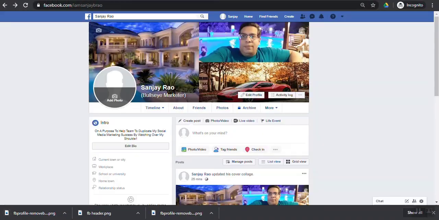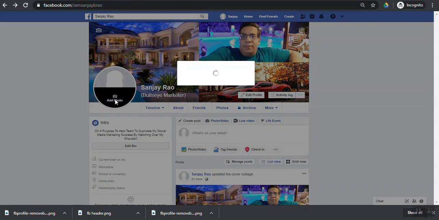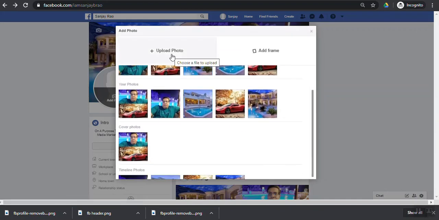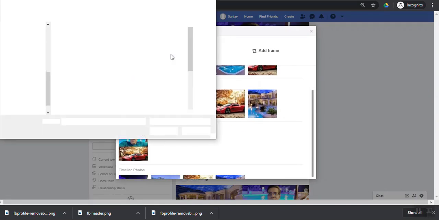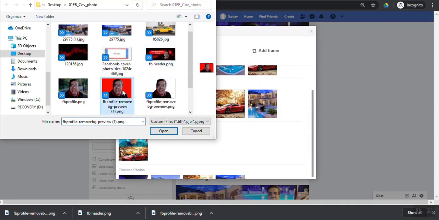Now let's go back to the Facebook. Click on the profile image out here and say add photo. You will need to upload the photo. This is the one which we just downloaded.